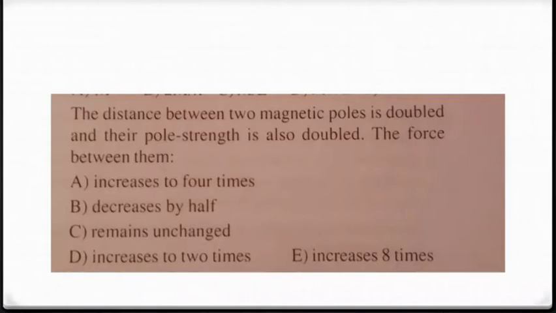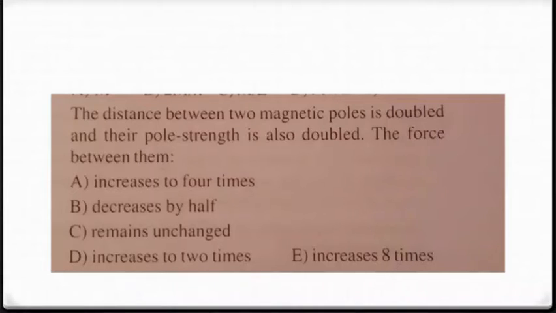Next question. The distance between two magnetic poles is doubled and their pole strength is also doubled. The force between them: option A, increases to 4 times; option B, decreases by half; C, remains unchanged; D, increases to 2 times;